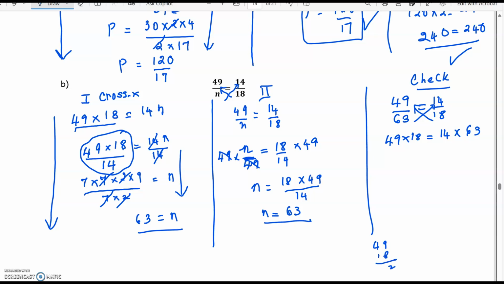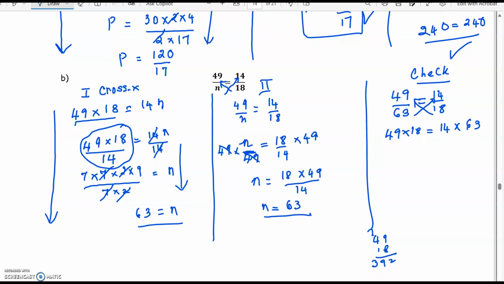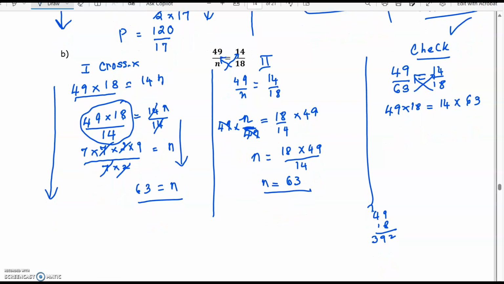9 8s are 72. 8 4s are 32, plus 7, 39. 1 times 9 is 9. 1 times 4 is 4. 9 plus 9 is 18, and I have 882. So make sure you're checking the work each time. So that's 882. Now I'm going to do